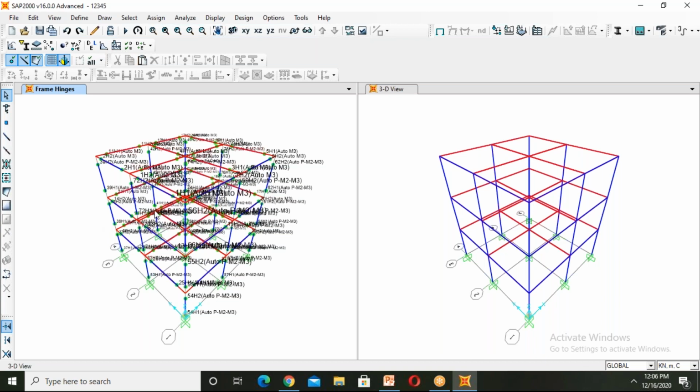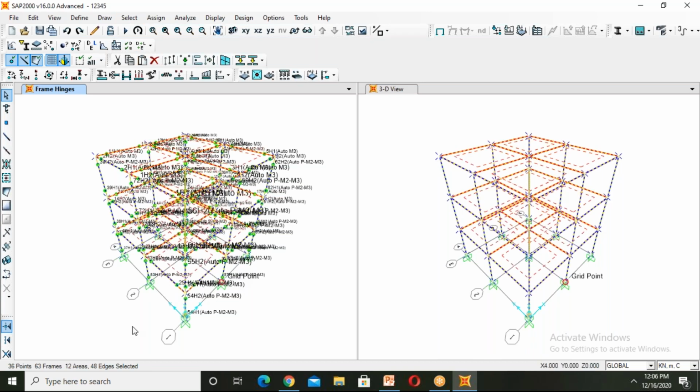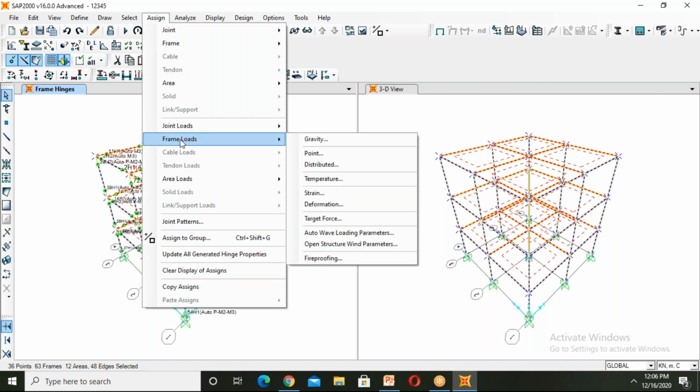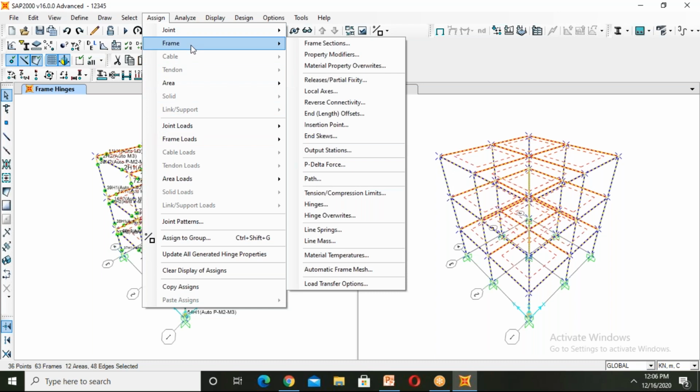Now we have to do hinge override. Actually the software will follow finite element analysis, so we have to do hinge overrides. For that we have to select all. For selecting all, press Control A, and all beams and columns will be selected. Now go to Assign, then Frame.